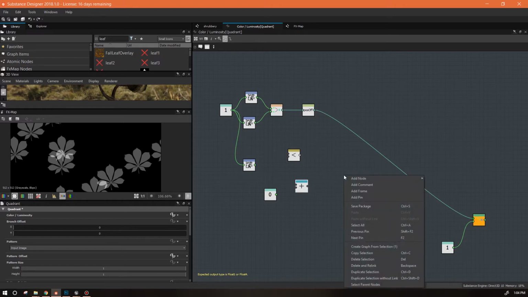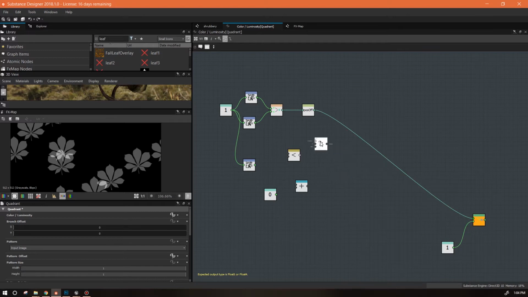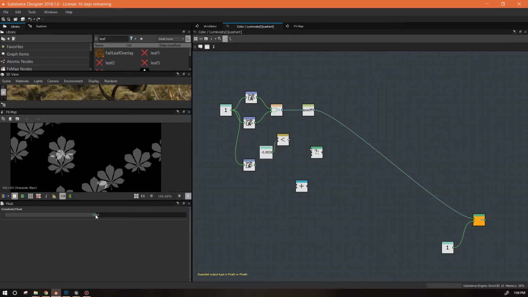What else do we need? Oh yeah, absolutely. We need an if else, and we're going to set up a criteria for it. If it's smaller than, I used 0.2, but you can use whatever number you want. So if this random number between 0 and 1 is smaller than 0.2, that's our condition right there, then I